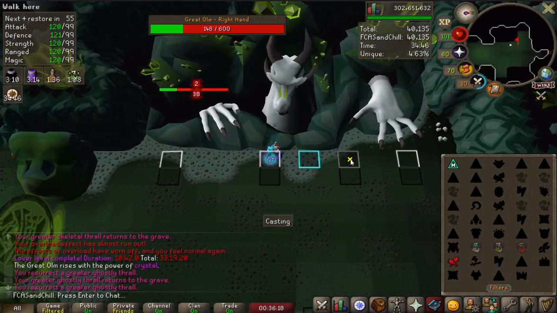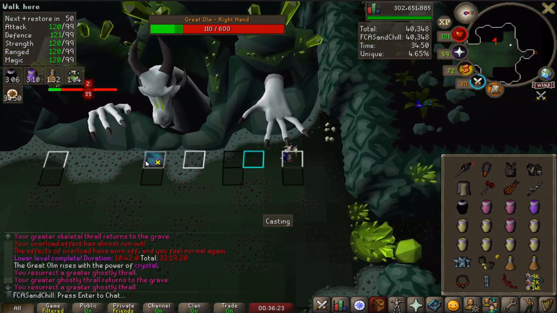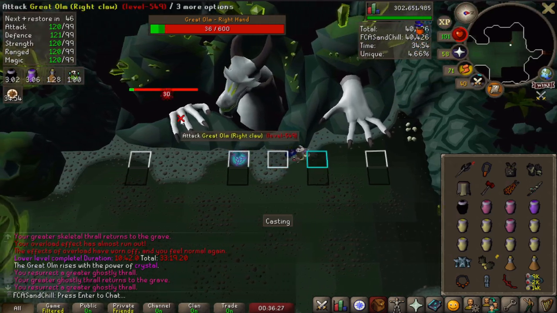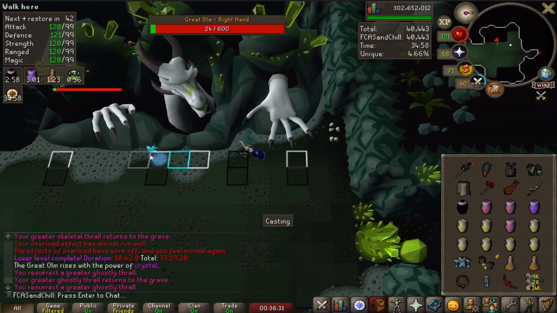So I've gone a little bit crazy over the last month or so, just grinding out challenge mode CoX solo like a maniac, and I have gotten some pretty good loot. I want to show you guys, but before I do that,